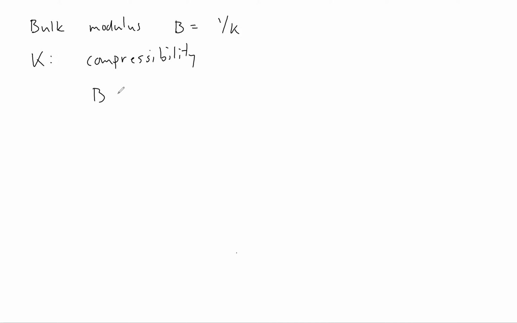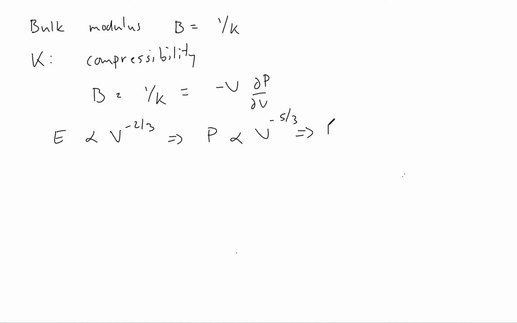So B, which is 1 over K, is minus V times dP/dV. Well, we just saw that the energy was proportional to V to the minus 2/3 power. This means that the pressure is proportional to V to the minus 5/3 power. So this means that the bulk modulus is 5/3 of the pressure, which is,